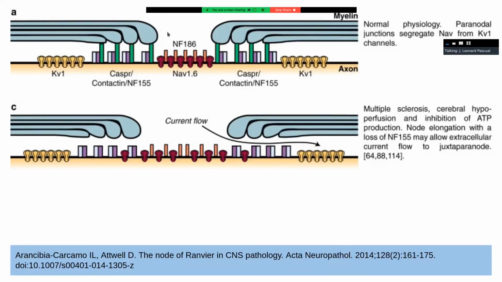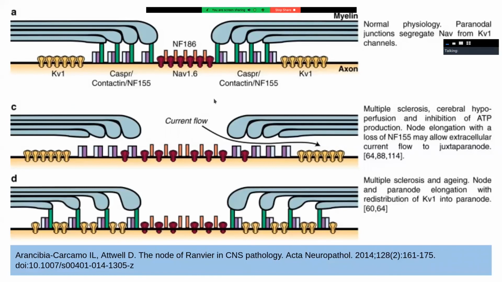context of this picture. So comparing this picture here, since we have zero knowledge on the node of Ranvier, the gap of Ranvier is widened here. And the NF155 in this case, which was damaged by whatever it was which caused the demyelination, allows the current flow to enter here. And then finally, another example with aging or with this demyelinating disorder here,